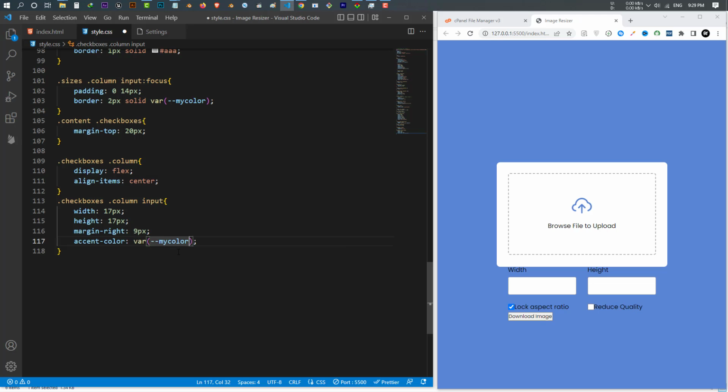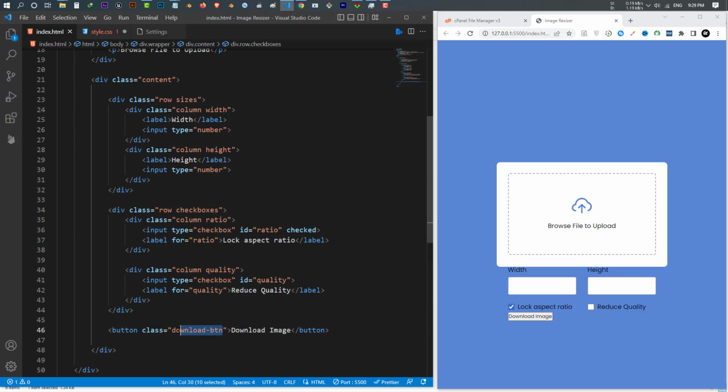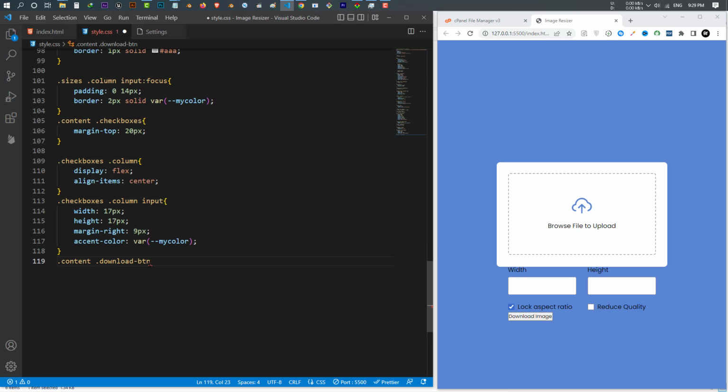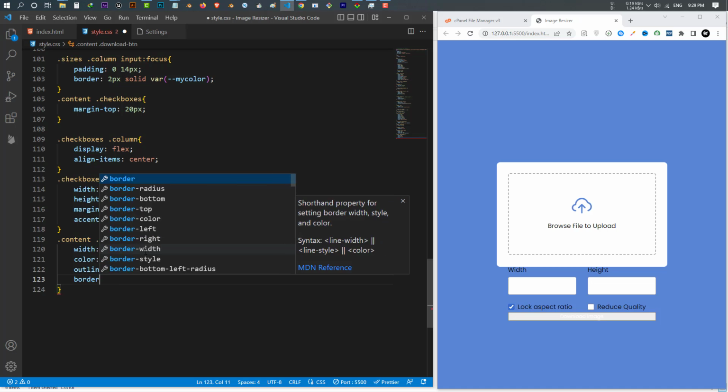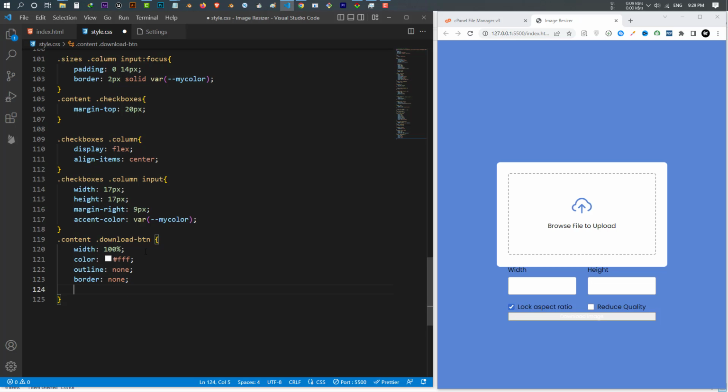It could be the color from my variable. You see, variables are really powerful, they make life much easier. Now I want to select my download button, this download button, and let's give it a width of 100%, and I give it a color of white. I want to remove its outline, so I set it to none. I remove its border. I want to change the cursor to pointer, and let's change the font size,